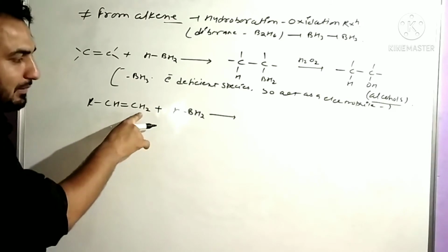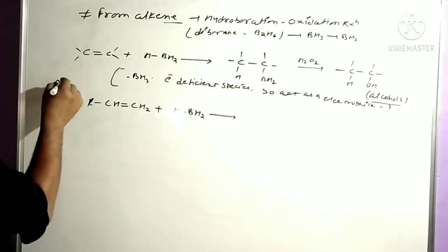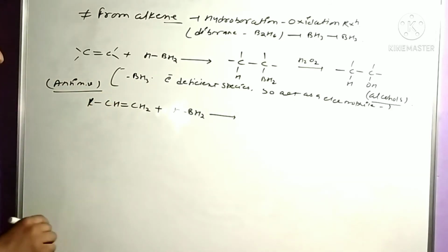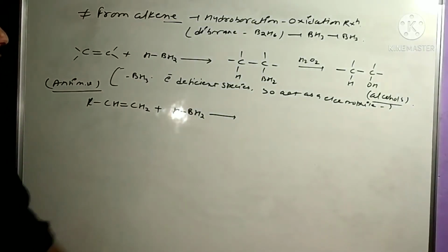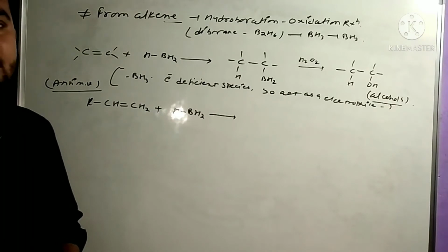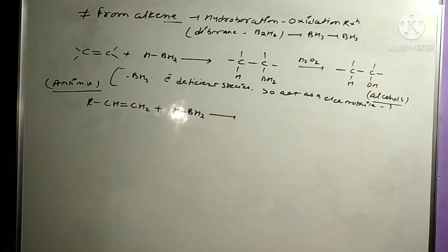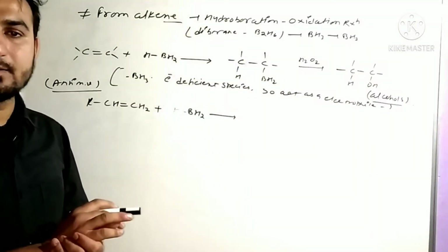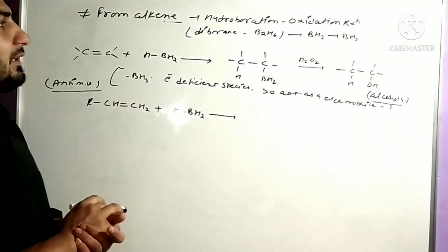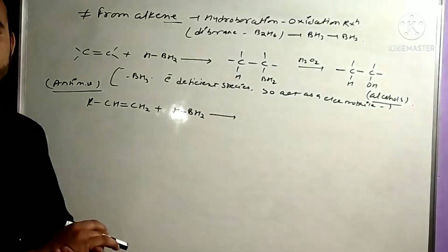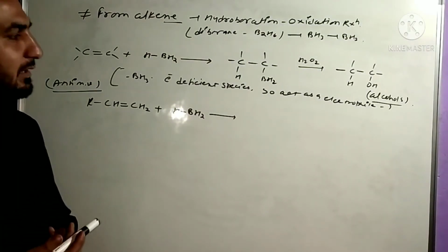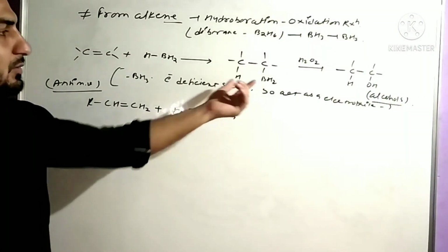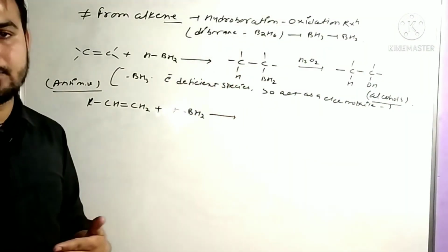CH2 के पास, बट यहां आप जाएंगे एंटी मार्कोनिकोव एडिशन। क्या फॉलो करने वाले हैं? एंटी मार्कोनिकोव एडिशन फॉलो करने वाले हैं। किसमें? हाइड्रोबोरेशन ऑक्सीडेशन रिएक्शन। हाइड्रोबोरेशन से मीन्स ये होगा कि जो आपका बोरेन होगा वो आप 2 पार्ट्स में पहले इक्वली लेके चलेंगे, ठीक है। एंड एक रीजन ये भी है कि सब बोरिक एसिड फॉर्म होता है, B(OH)3 फॉर्म होता है बोरिक एसिड, ठीक है। हाइड्रोबोरेशन में 2 चीजें होंगी, BH2 BH3 लेके चलेंगे आप,